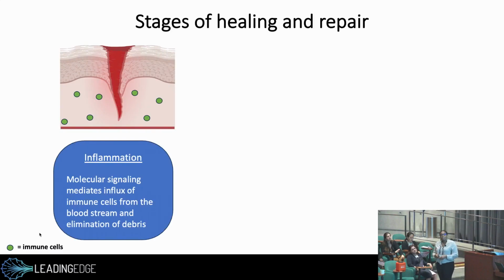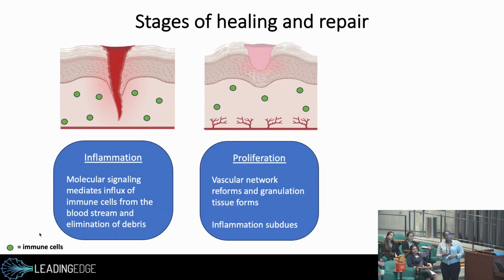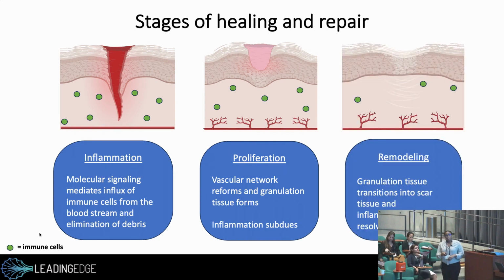The stages of healing and repair are divided into inflammation, which is the initial response that mediates tissue repair. I just showed a little schematic here with immune cells flooding in from the bloodstream, initiating the inflammatory response, followed by proliferation, where your damaged blood vessels begin to grow, creating a supply of cells and nutrients to that wounded repair tissue. And you also have that nicely formed granulation tissue, which is a fancy word for newly formed tissue. And inflammation calms down, finally leading to the remodeling stage where the wound has reformed, the tissue architecture has reformed,